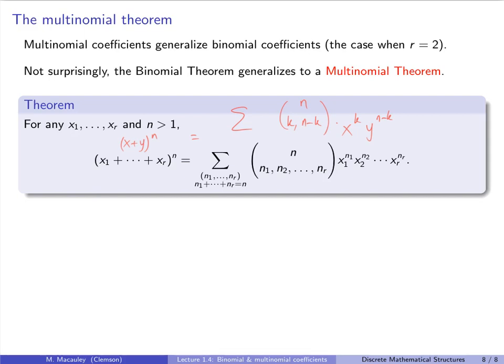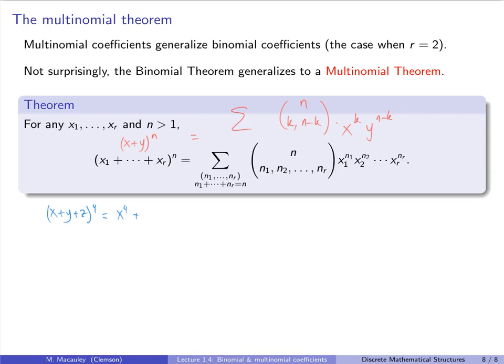Okay, so let's do an example so we can really understand what this is about. So let's do x plus y. I'm going to do x plus y plus z instead of x1 and x2 and x3. Raise this to the fourth. So what all this is saying is that we're going to get a whole bunch of terms that are products of x. So we're going to get an x to the fourth times, I'm not going to write it, y to the 0, z to the 0,